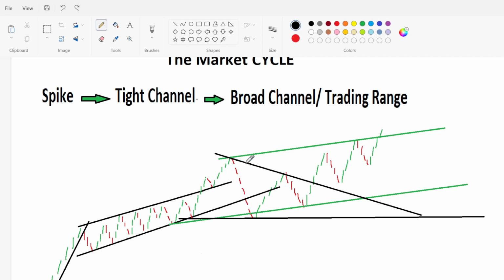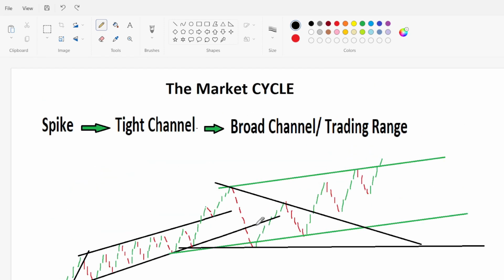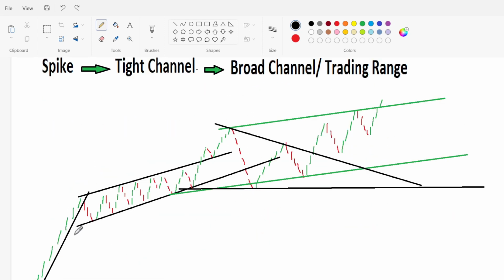But you have to know that you're in a trading range, because you cannot be trading this the same way that you trade this, okay? What do you see interesting about this trading range? Do you see something that looks similar to this? You see this? This is a spike. This is also a spike. This is a spike. This is a spike, okay? This is a spike to the downside. So you will have spikes inside of the trading range,